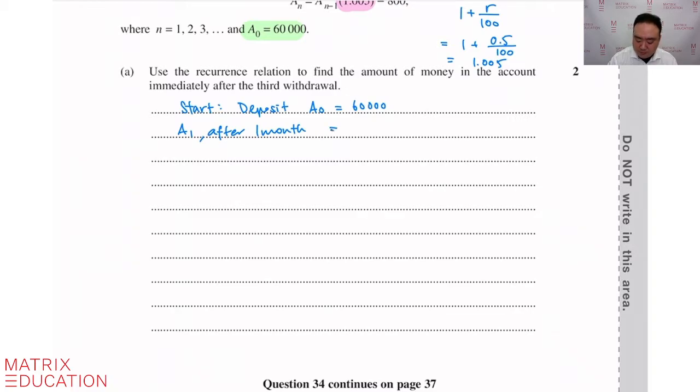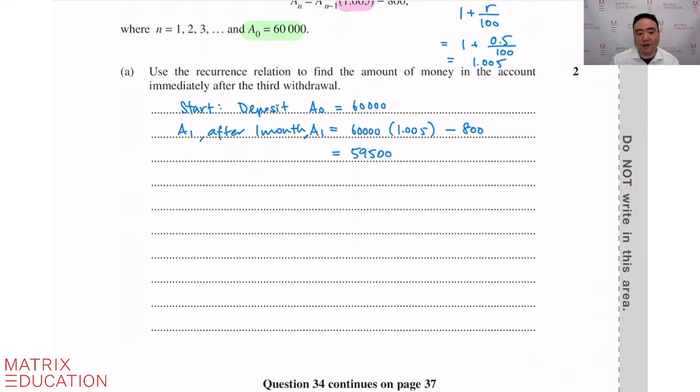A1 is equal to 60,000 that accumulates 1 period of interest, and then she withdraws 800. So that's A1. Now the question wants you to find the amount immediately after the third withdrawal. So let us write this out. 60,000 times 1.005, and then she takes out 800. So that's